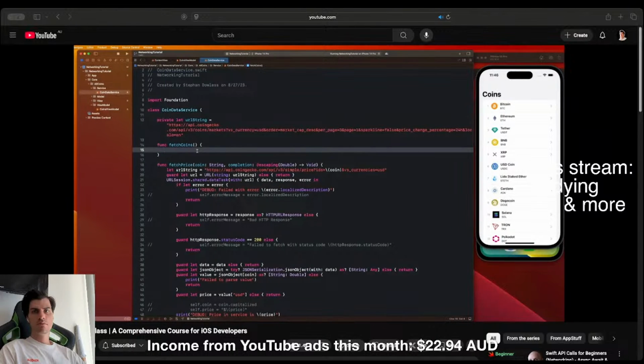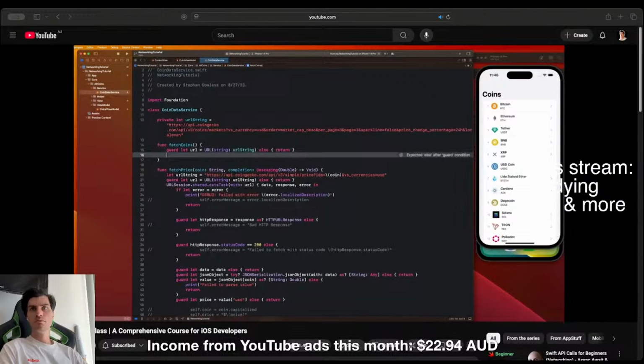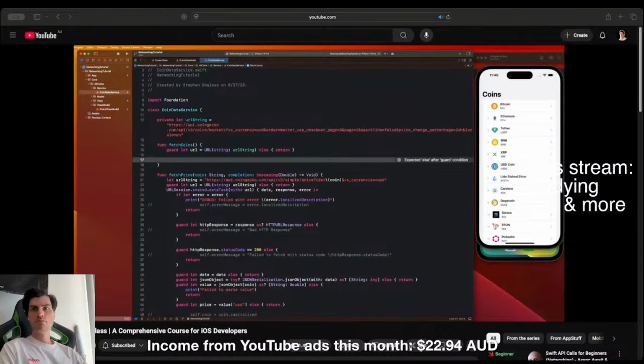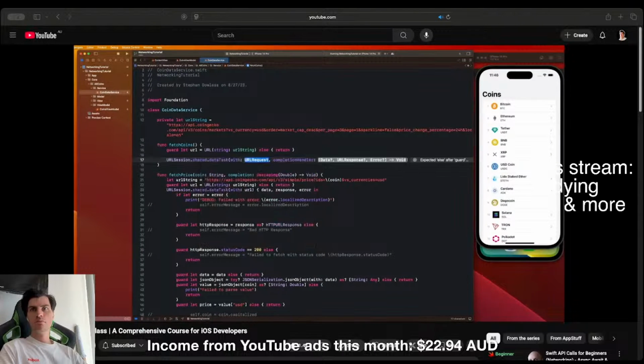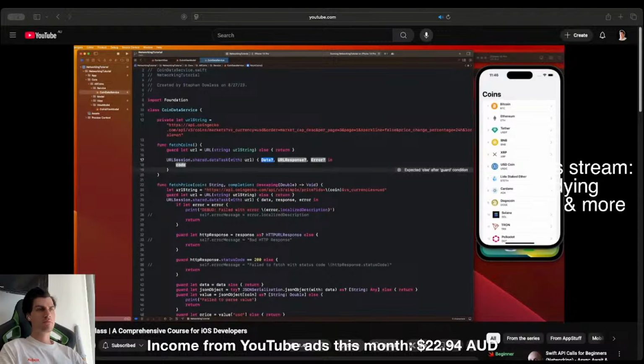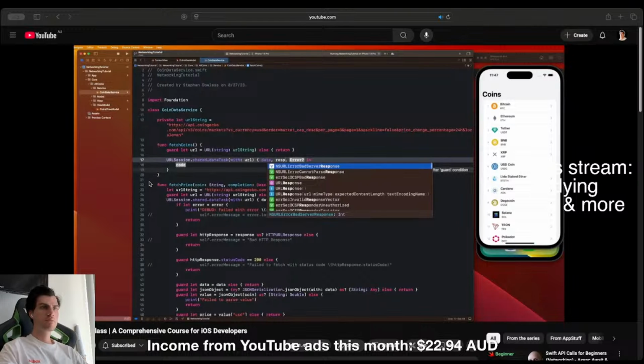So then let's go ahead and construct our URL, guys. Very similar to what we did with our price function. We're just using a different endpoint. URL string, else return. And then we are just going to use our URLSession.shared.dataTask with completion handler, and we're going to pass in that URL, hit enter on that block, and we're going to take a look at the data, the response,